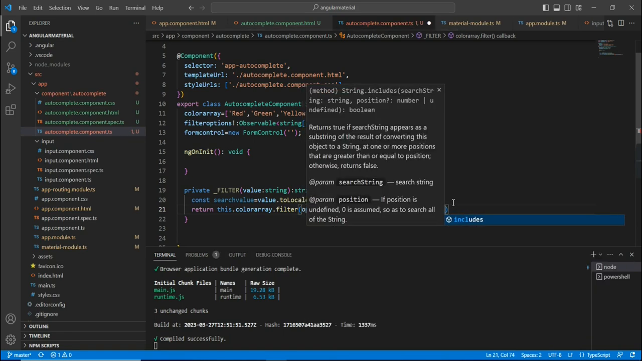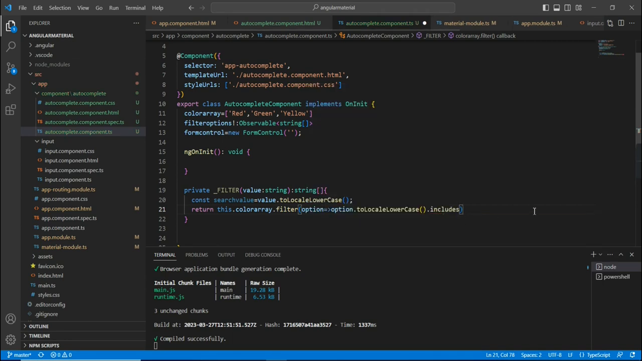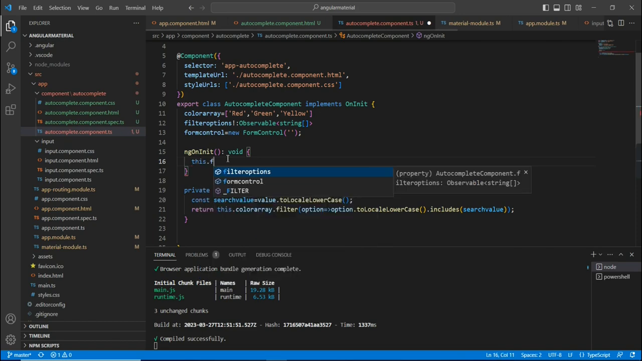Finally, includes this search value. Okay. So the function is very simple. We have the default array, and there we are filtering based on our input value. Okay. And the next thing, in our ngOnInit, we can set the values for our filter options,